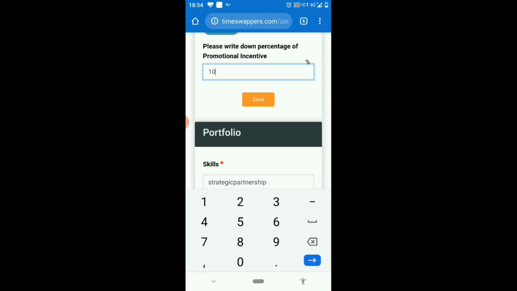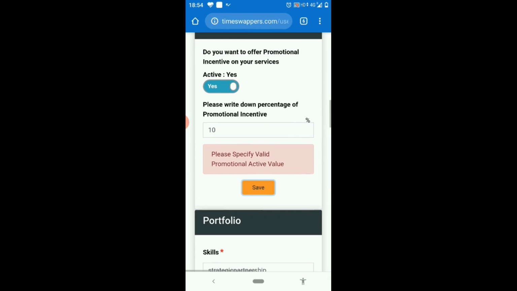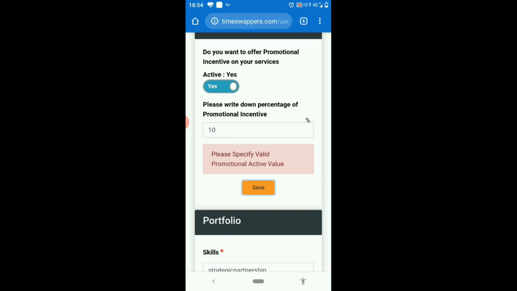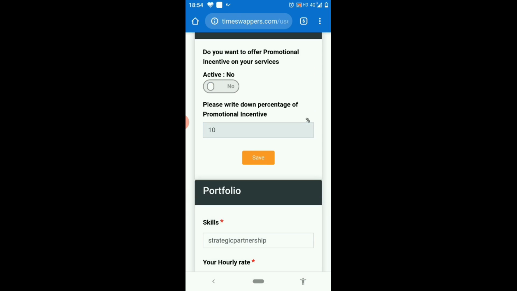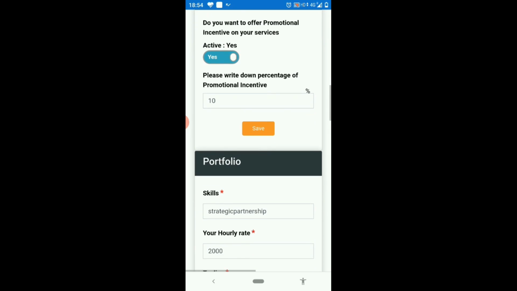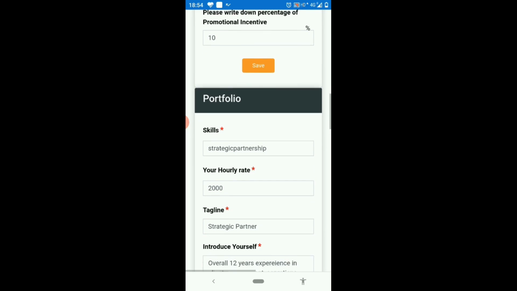Wow. This is how I can do it. Yeah, so it got saved. If you want to deactivate, you can deactivate it. So let me just deactivate it. But yes, you can activate it by clicking here, and you can add the percentage which you want to provide to the day swappers.